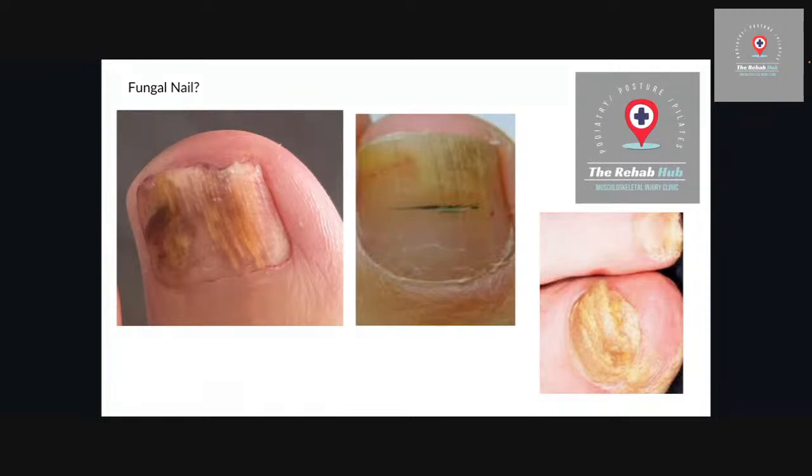if we treat the skin, the associated fungal infection, treat the footwear, make sure that everything is in the right environment to get rid of the fungus, and then treat the skin underneath that nail, then there's a good case that actually will work really, really well for that patient, because it's not right back into the matrix, so no need for surgery. However, if you look at the